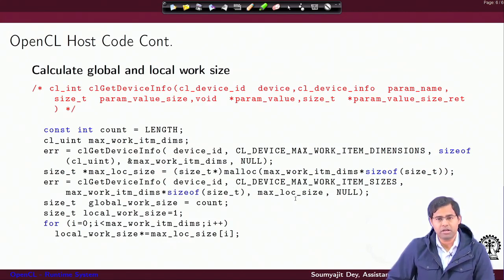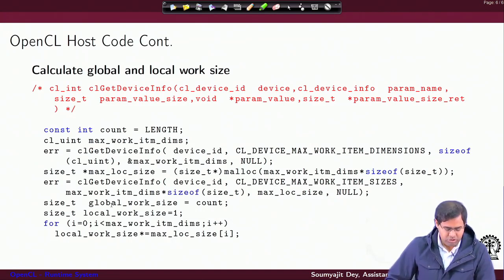Of course, since it is a C type function, you don't just give the pointer here, you also give it the maximum size, which you already know from the max work item dimension multiplied by the size of the size_t data type, right. So with this you expect that the runtime system will now contain, in different positions of max local size 0, max local size 1, and max local size 2, the maximum value of the local thread IDs in each of those dimensions, right.